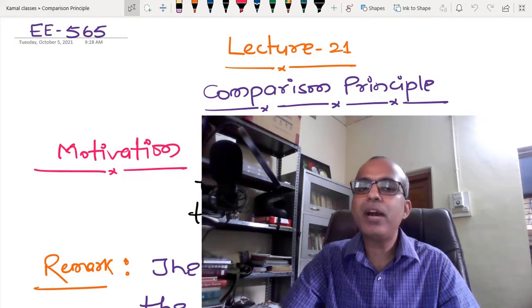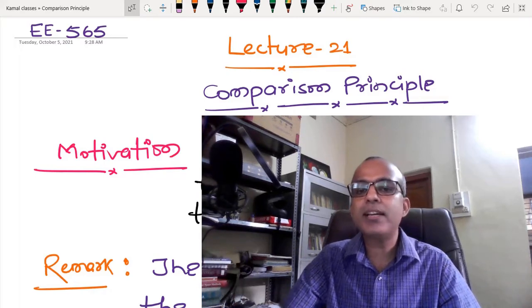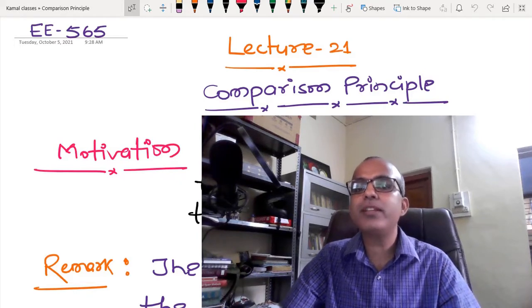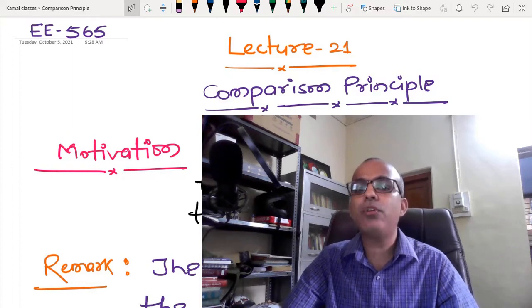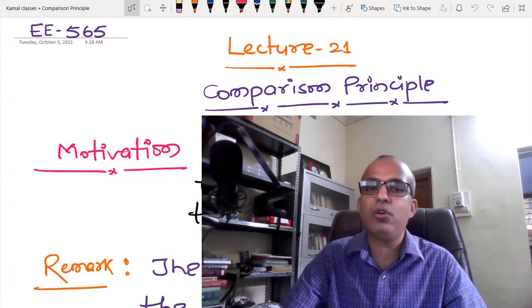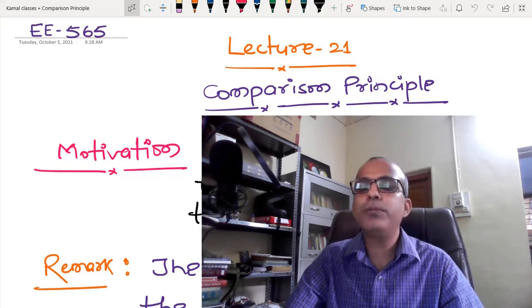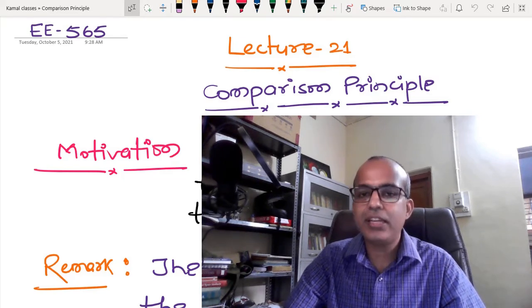We are going to define some kind of mapping such that I can move from n dimensional space to one dimension, and after that, in one dimension, we are going to formulate some kind of inequality such that I am able to understand the bound of the solution of the original nonlinear differential equation. So please be careful, I am just talking about the bound of the solution. I am not going to calculate the absolute value of the solution of the nonlinear differential equation.